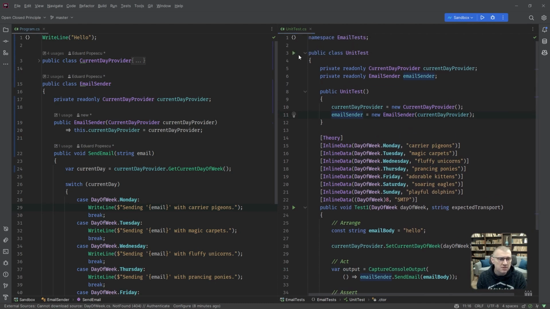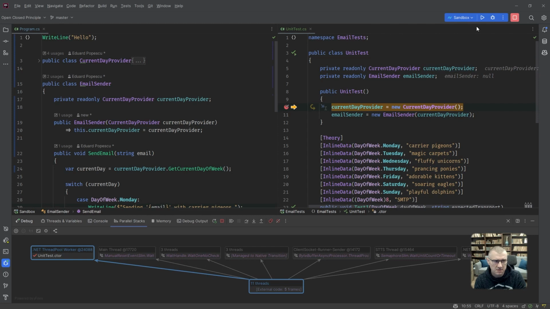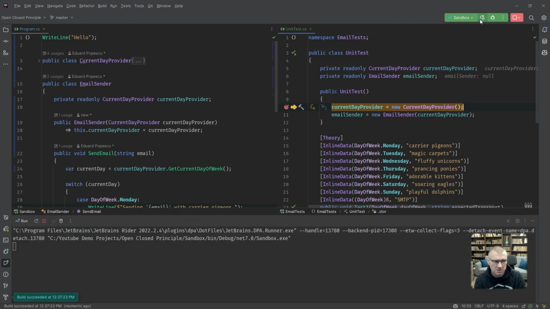Now let's run this. And I'm curious, is it going to invoke the constructor every time it does an inline data for a theory, or... So I'm just going to debug it. Okay. Just run.